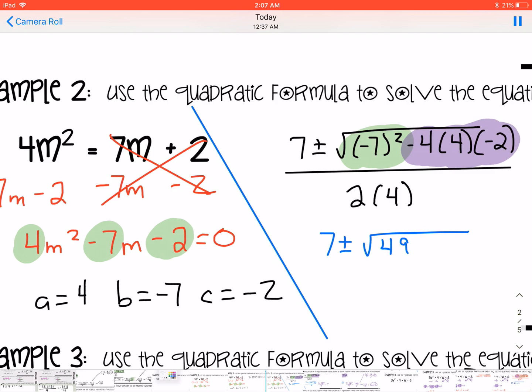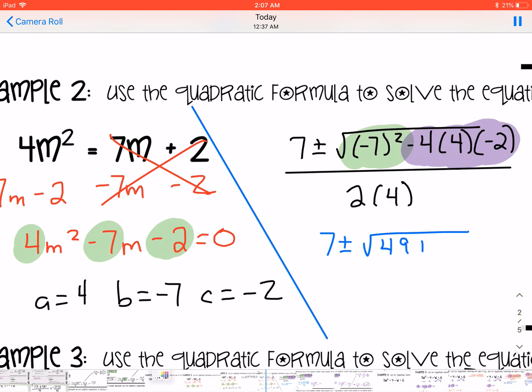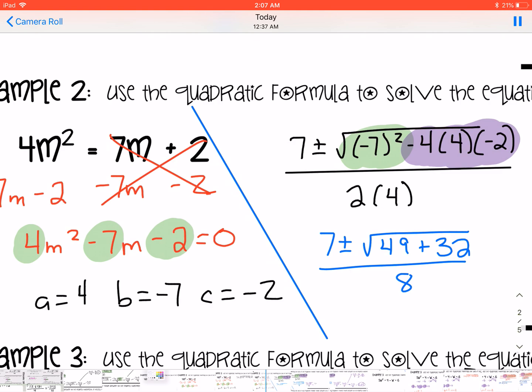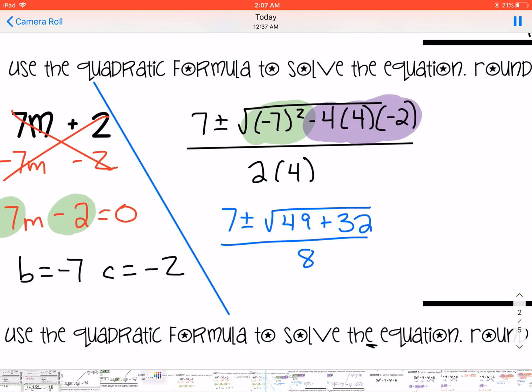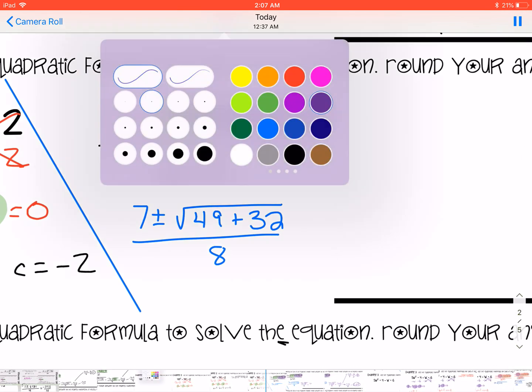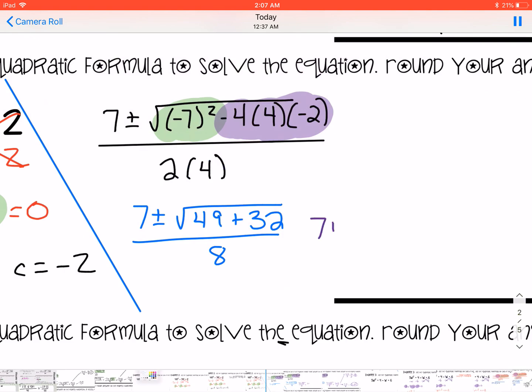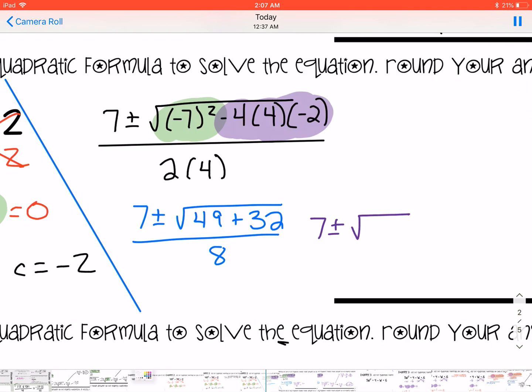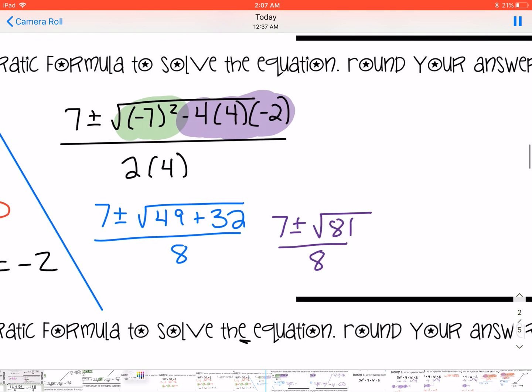Well, -4 times 4 would be -16, and -16 times -2 would be a positive 32. All over 8, because 2 times 4 is 8. That would then simplify down to 7 plus or minus the square root of 81, all over 8,